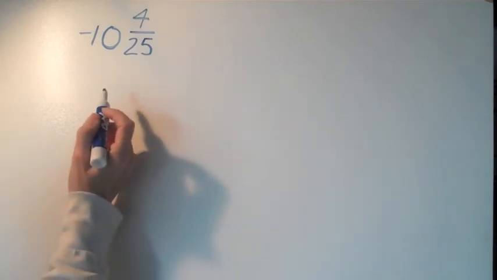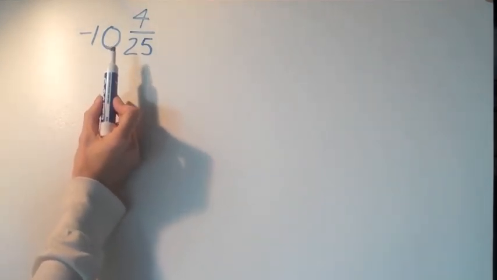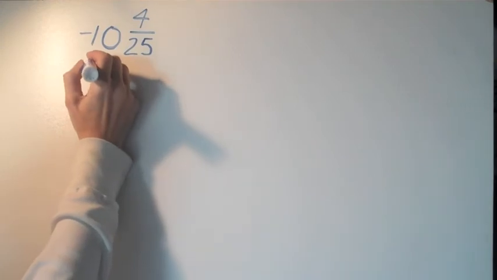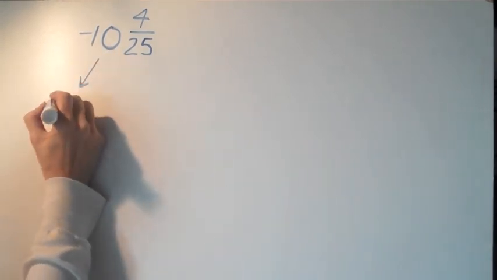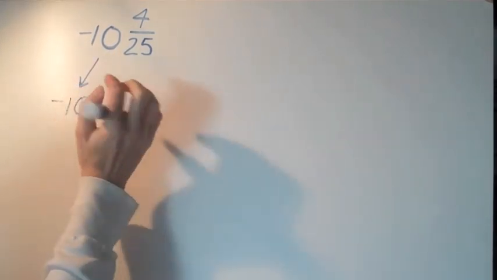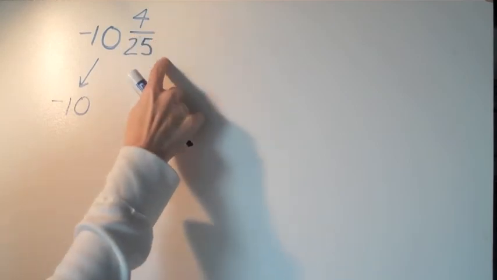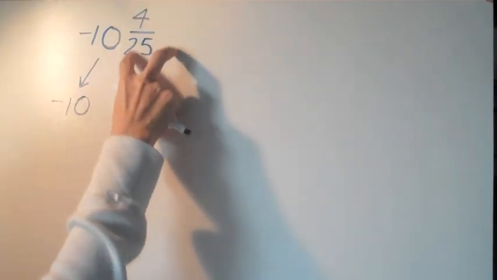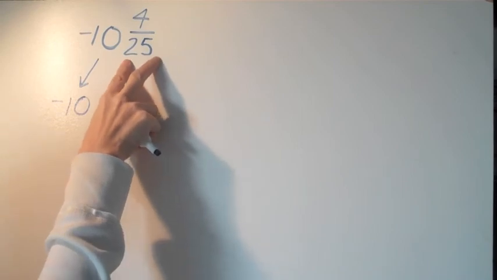Okay, I just want to show you one last fraction into a decimal example. This is actually a mixed number, and sometimes you will get a mixed number and they will ask you to put it into a decimal form. Basically, there are 2 parts. All you need to do is separate this here. You have -10 and 4/25. We can just separate them and take this part here and do exactly what we did before.